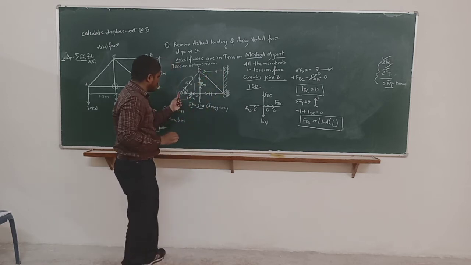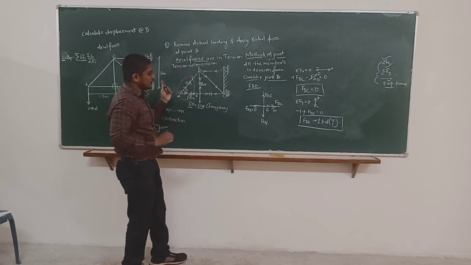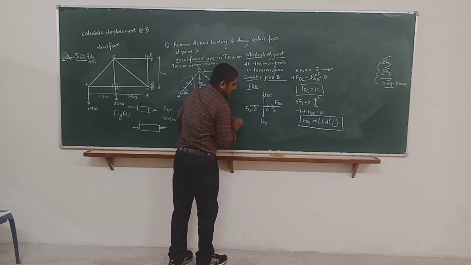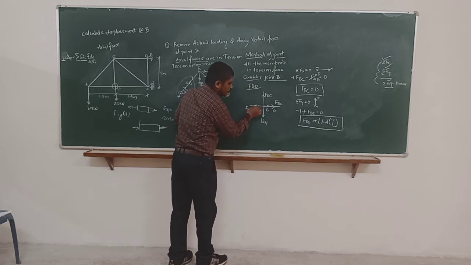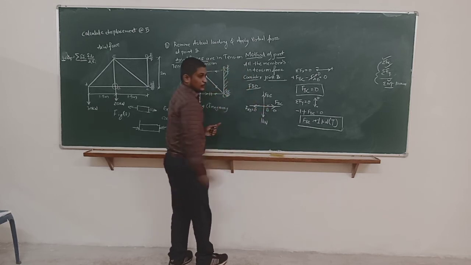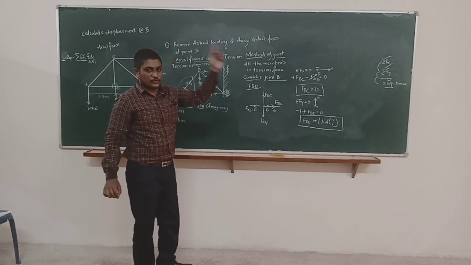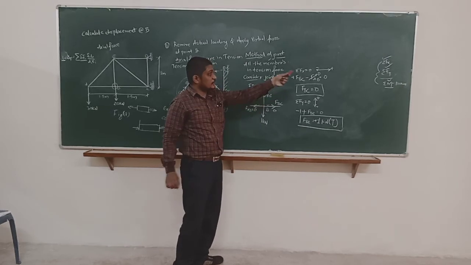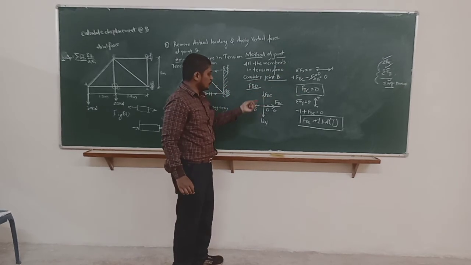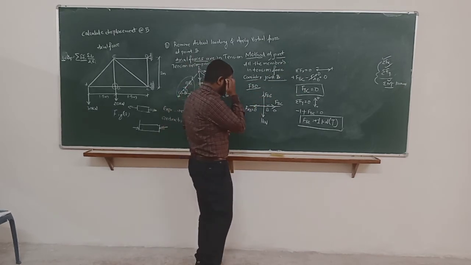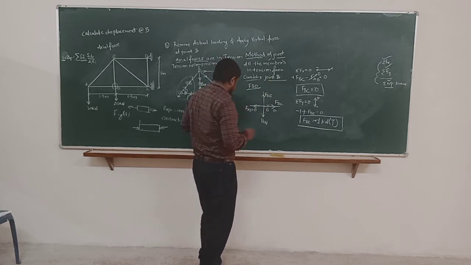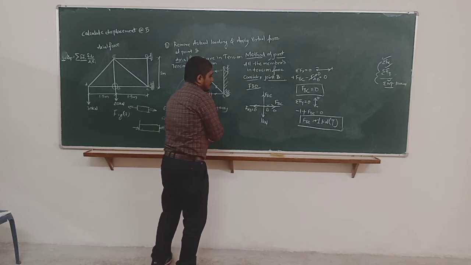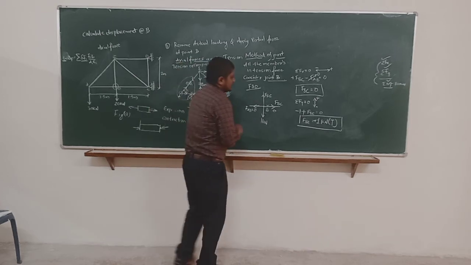It is not mandatory that whatever the joints I am selecting, you have to select in that way only. But you have to select the joint in such a way that there should be at least one known value and two unknown values, because we have only three equations of equilibrium. If you take one known value and three unknown values, it is not possible to solve by this. It is possible, again, we have to go for different equations. It is not impossible, but it will become drastically difficult.